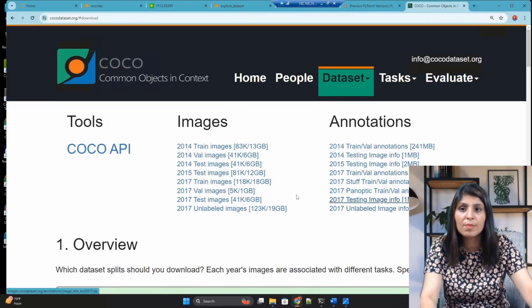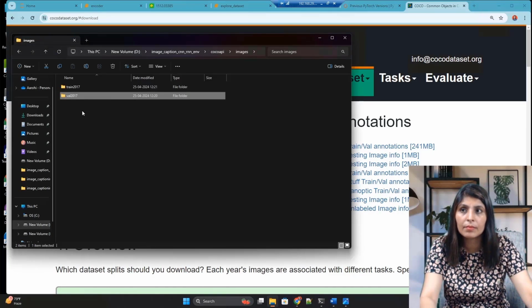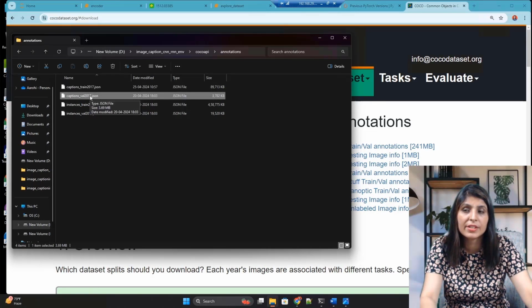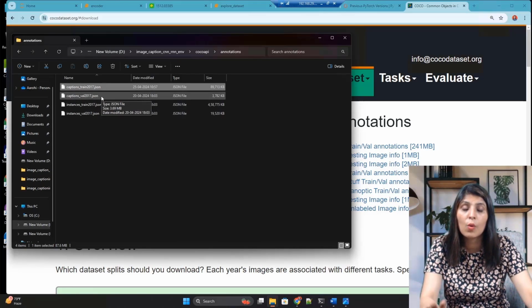Under annotations, these are the annotations you want: captions for the training data and captions for the validation data. This one is just used for object detection. These are optional, you can leave these two JSON files if you don't want to use them. These two are mandatory, because we want to create captions for the images, and for that we will train our model to do that task.